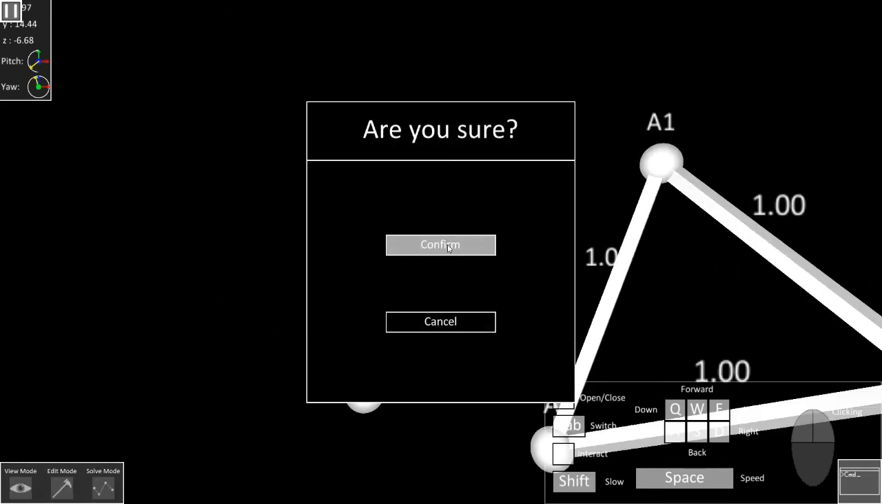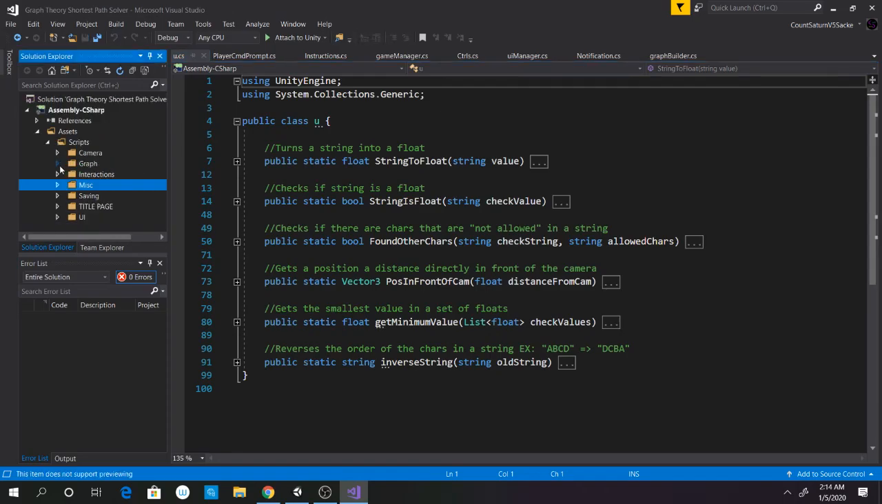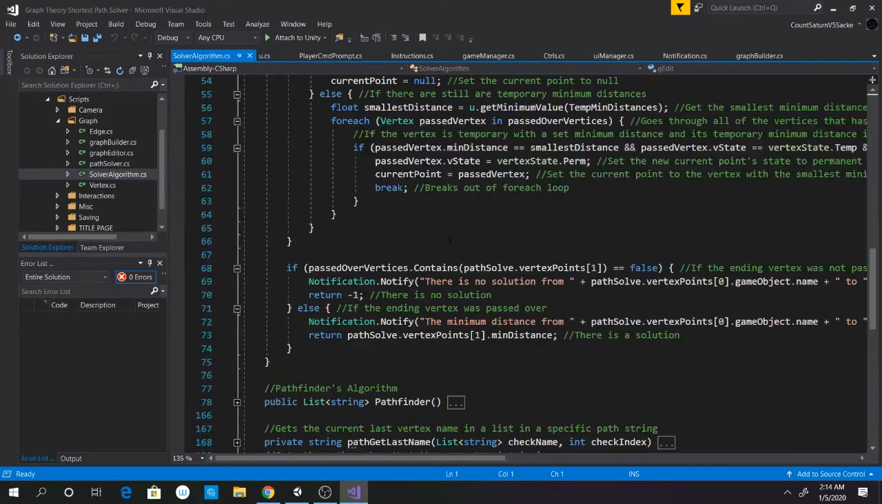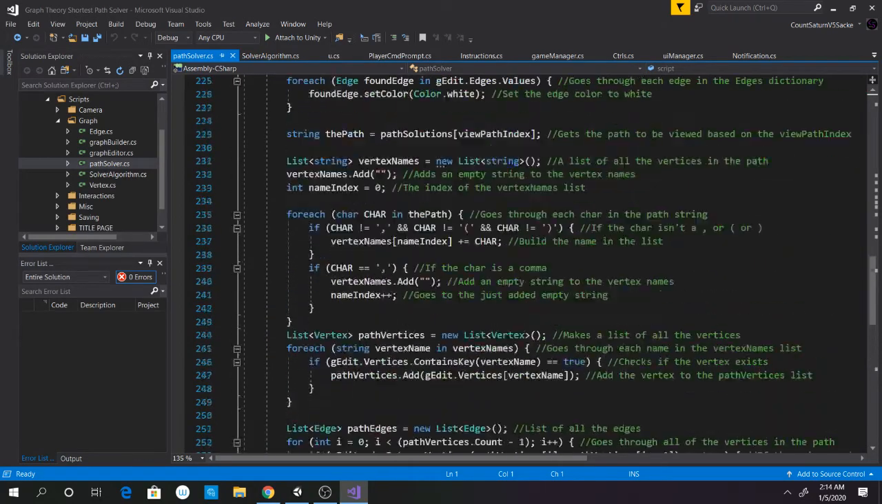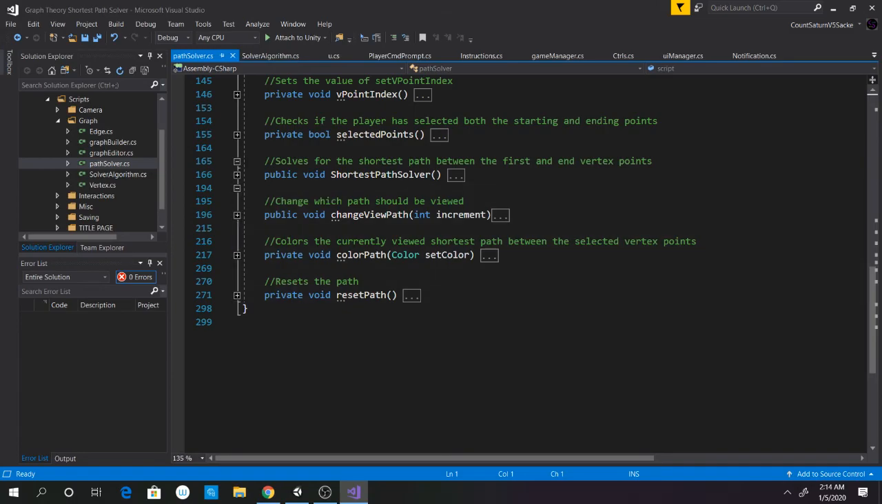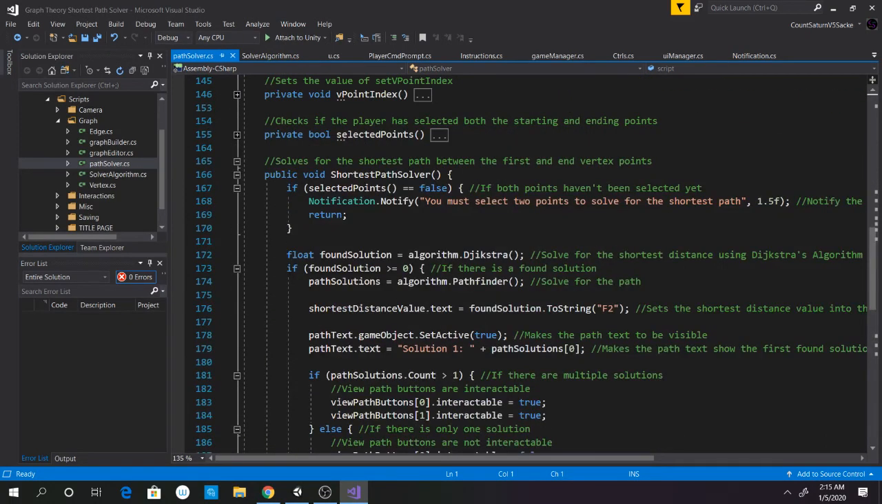So I'll exit the program, confirm. Let me find the graph, the solver algorithm. Path solver. Yeah, path solver. I think this is the one. Okay, this is the one that shows a path. When we do shortest path solver, there we go. If there is a found solution,